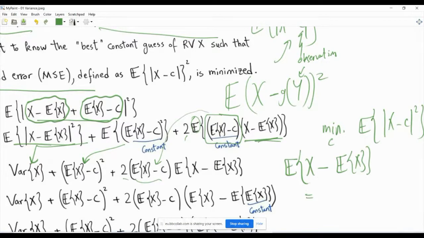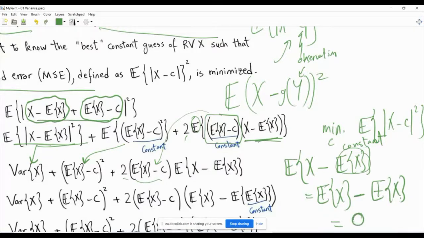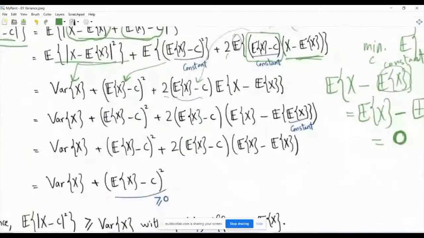So what is this thing? Expectation is linear. So what is the expectation of this thing? It will be the expectation of the first guy, which is x, minus the expectation of E[x]. This is a constant, and so the expectation of this constant is the constant itself. So it will be E[x] minus E[x]. So this will be a 0. 0 multiplied by this thing, which is a finite number, will give you a 0. And so you are left with 2 terms.